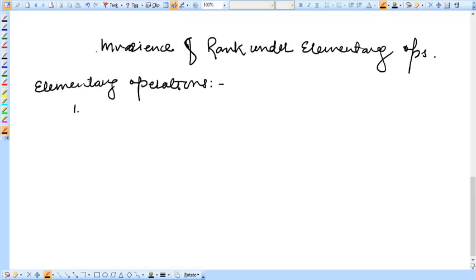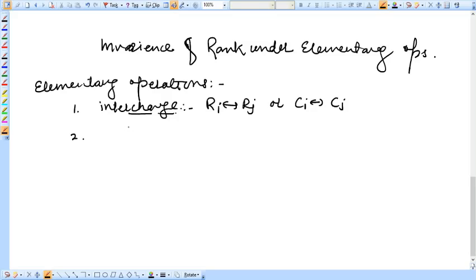First, the interchange of any two parallel lines. It could be the interchange of two rows or it could be the interchange of two columns, right? Secondly,